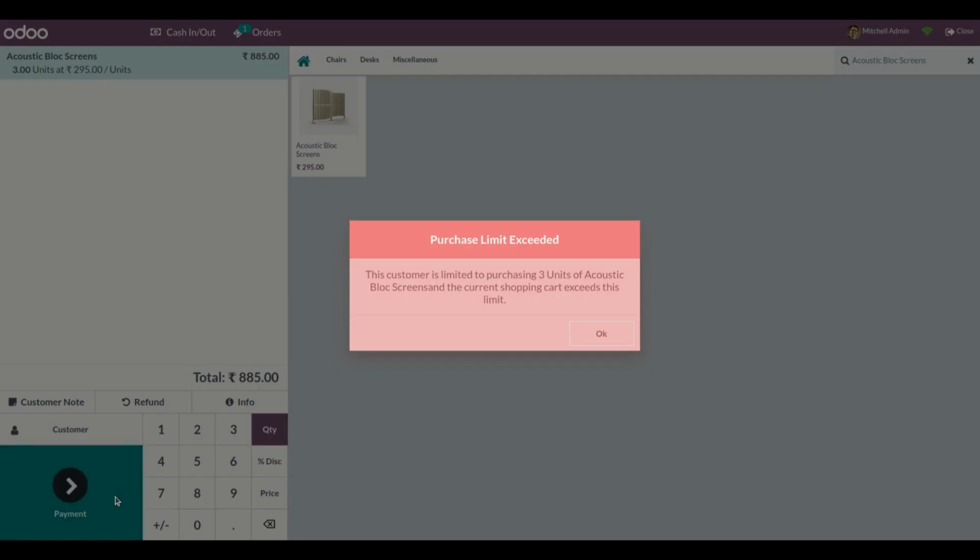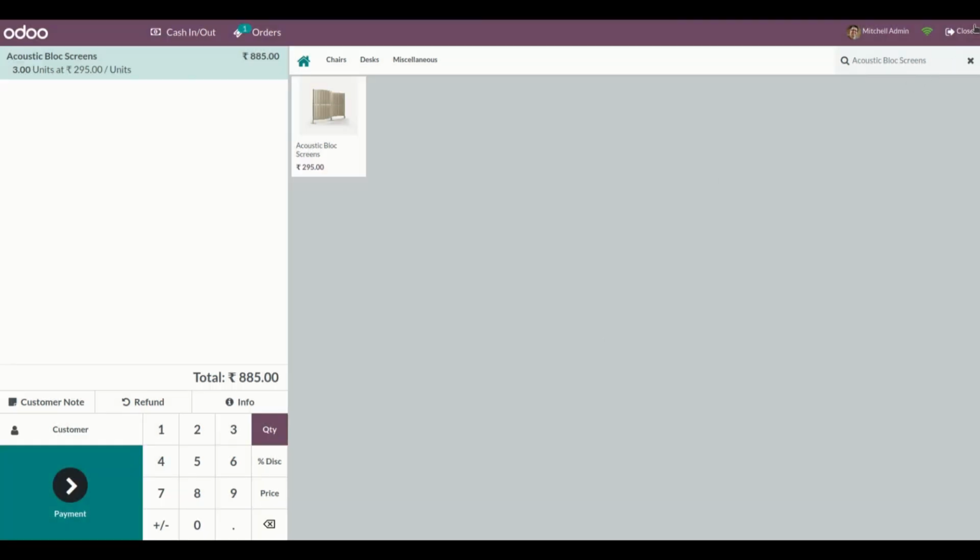So you can see if the user adds more than the given quantity in the point of sale limit, it will raise a warning like "purchase limit exceeded" with the quantity which we have given there. Okay. So in the same way we can do it for